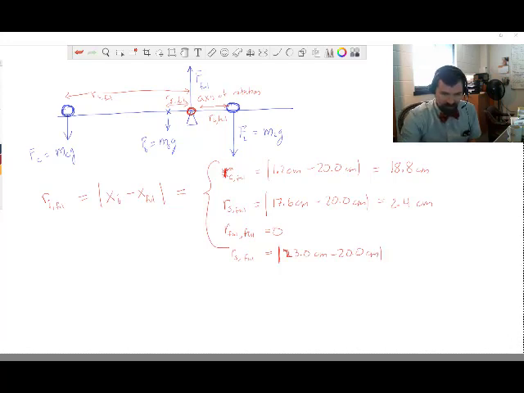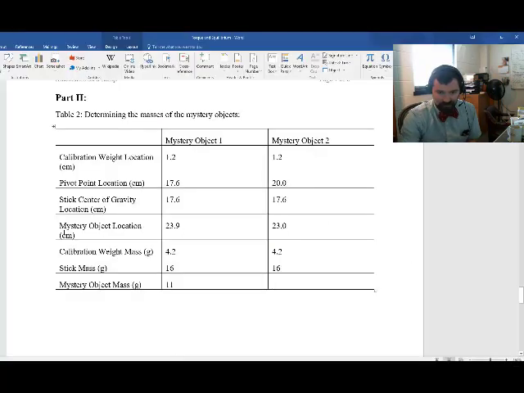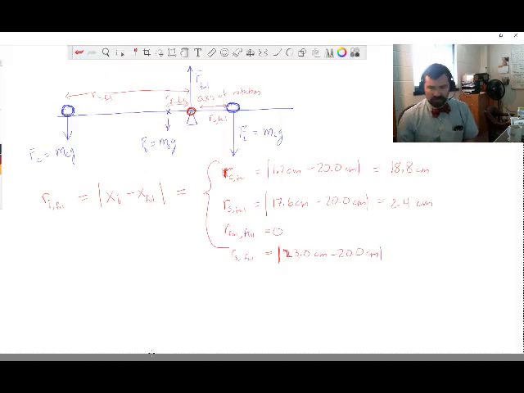And again, if you're not remembering where I got that from, we're just looking it up. It's mystery object 2. Where is it located? It's 23 centimeters. So that's where that's coming from. So this ends up being 3.0 centimeters. Okay, now that we've done that,